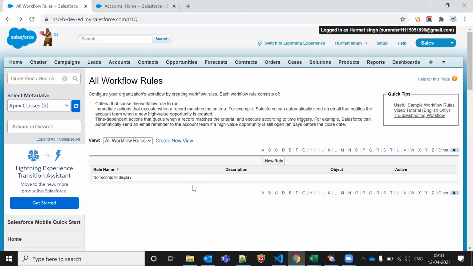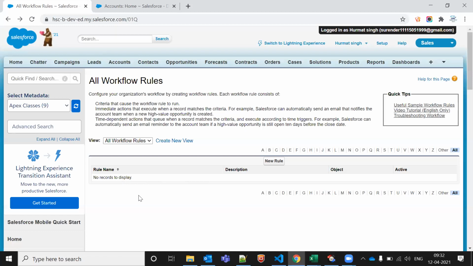Okay, immediate. Okay, let's say I have two workflows. One is time dependent, one is immediate. Both are active, and I created these workflows on my XYZ object. Going forward, I'm going to delete the XYZ object directly, the object only.